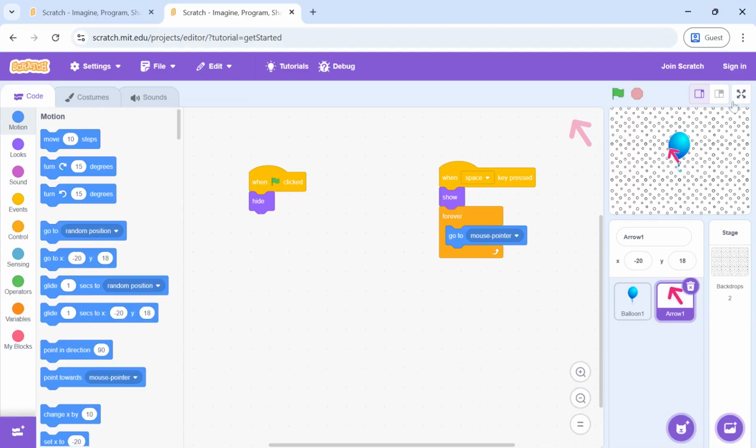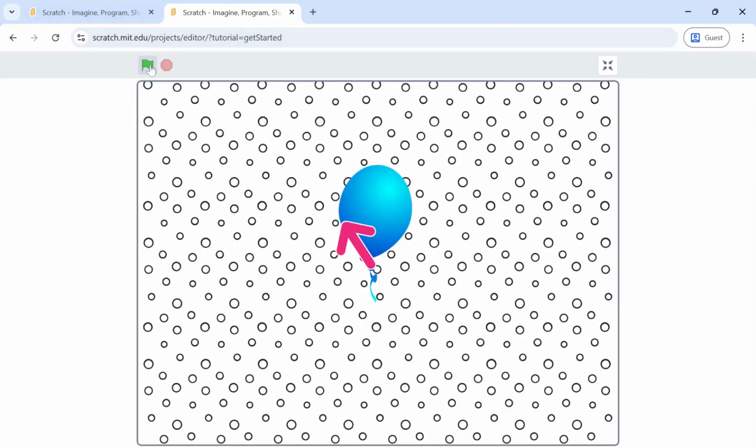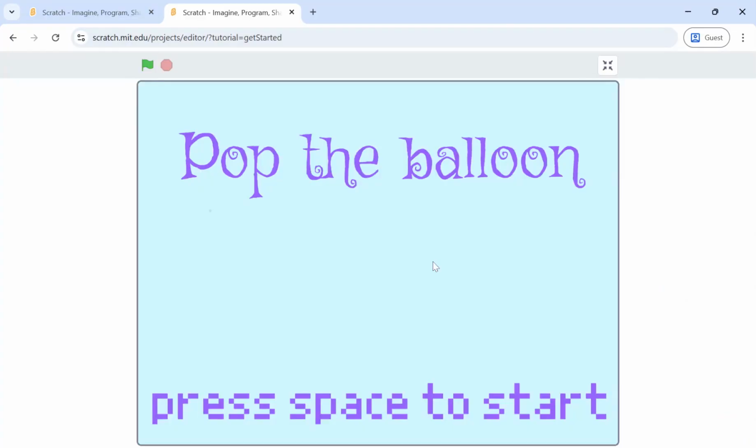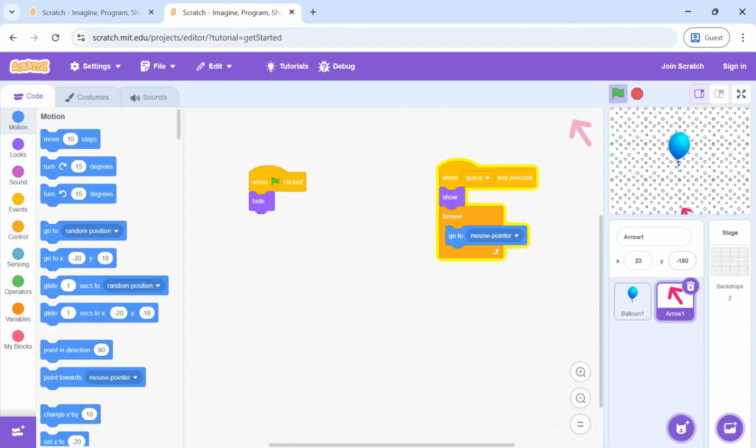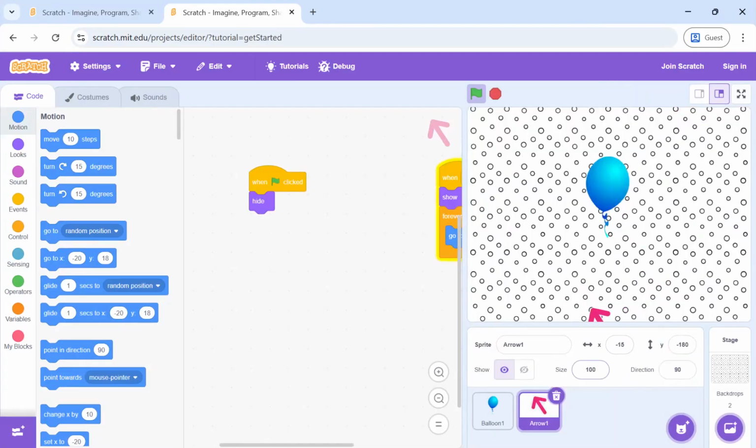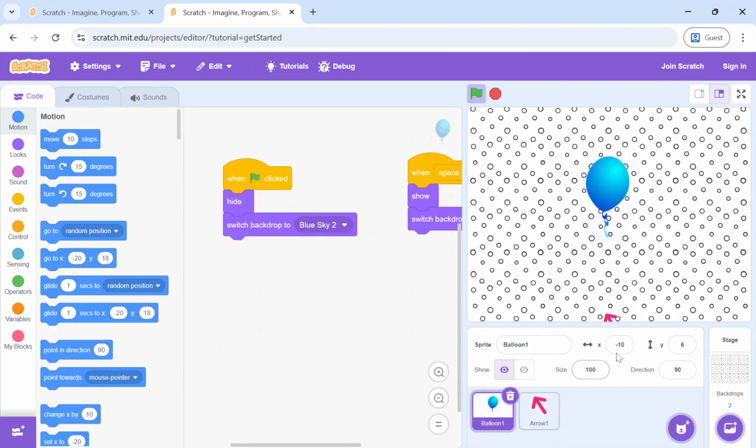Let us test if the arrow is following the mouse pointer or not. Now both the sprites are invisible and perfect. This is following. However, the size is a little bit big, so let's resize the arrow. I'm making it 60%. Let's say fine, and balloon is also a little big. We can make it 80. Done. Now the arrow is done.